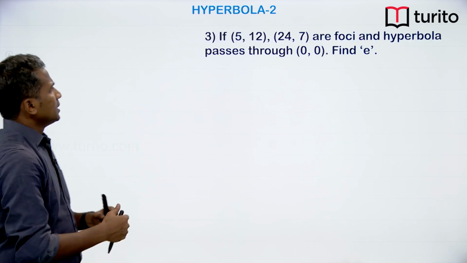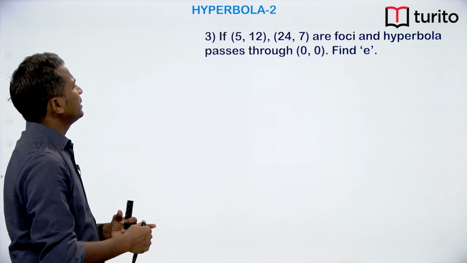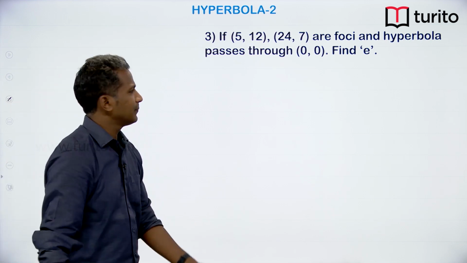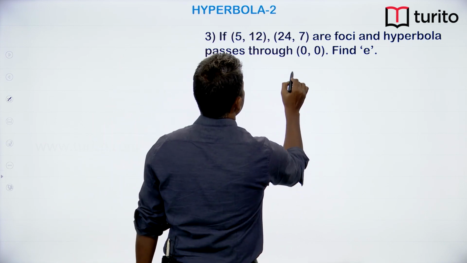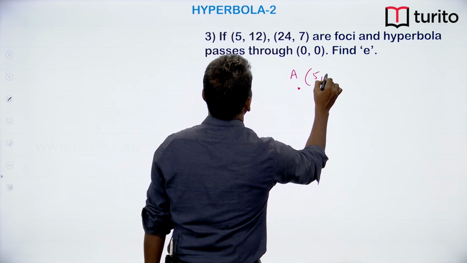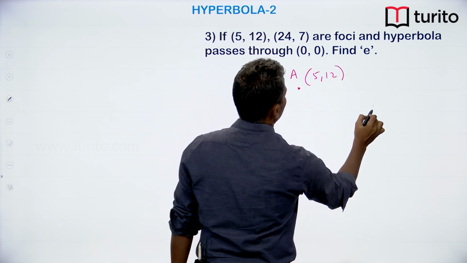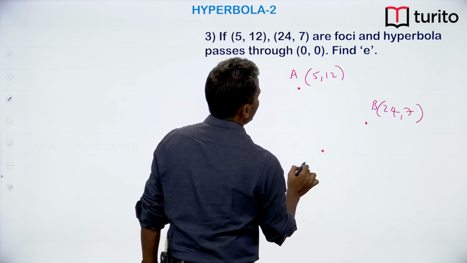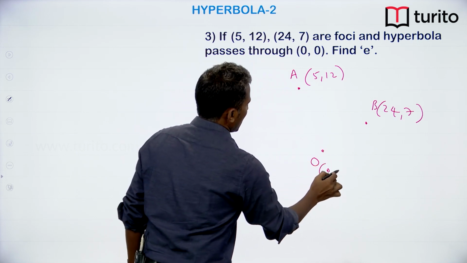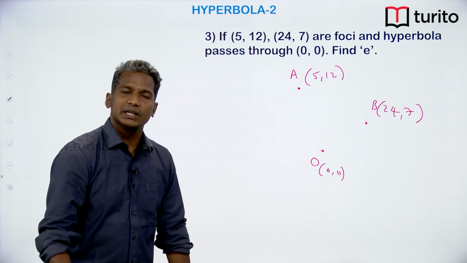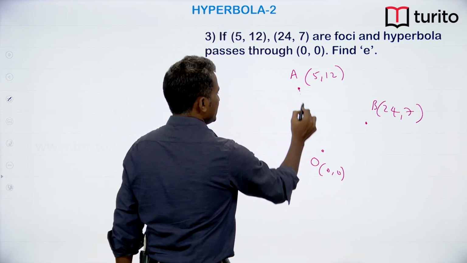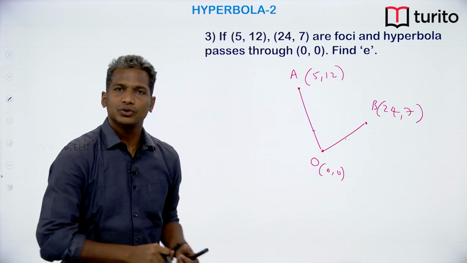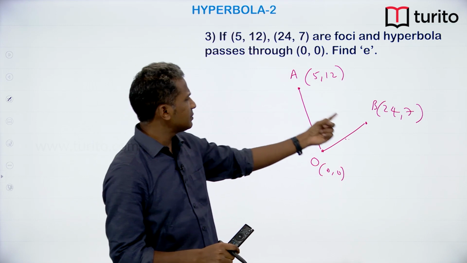Okay, next. Here 2 points are given which are foci, and the hyperbola passes through the point 0, 0. So basically we have 2 points here. Let us say A is here, which is 5, 12, and there is one more point B here which is 24, 7, and there is the origin, and in the question it is given that the origin lies on the curve. So that means the difference of these two distances must be equal to 2a,